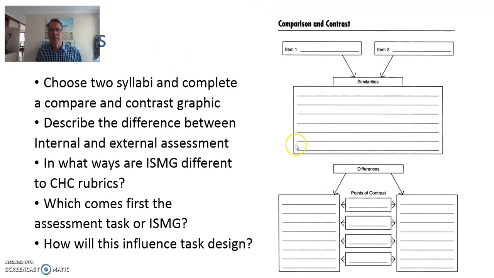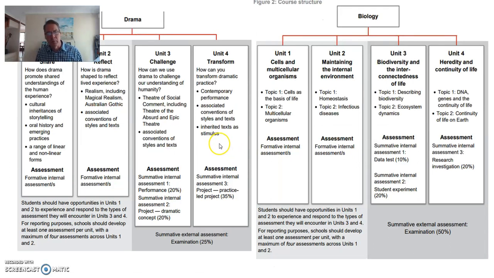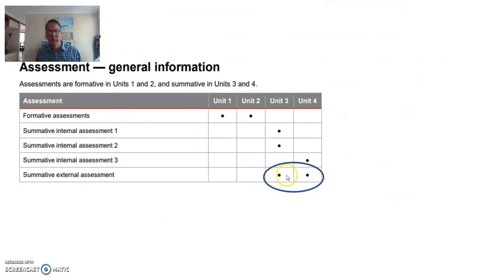This talks about contrasting similarities, because it's good to understand how things are different perhaps when you went through. I'll go through and have a look at the subject examples. You're familiar with that previously. But they're the assessment parts to the external. Now notice it's on units 3 and 4. That's different. In other words, the whole year's work in year 12 is now going to be assessed by external assessment. That raises the stakes, and it's a change. Whereas everything was unitized to a semester basis, now in the external exam it is a whole year basis.